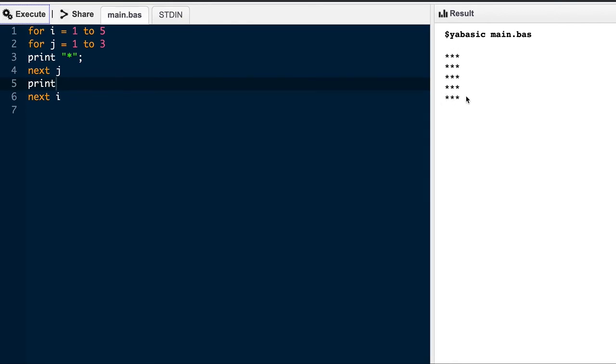But I don't want it to run 1 to 3. I want it to run 1 to 1 for the first one, 1 to 2 for the next one, 1 to 3 for the next one, 1 to 4 for the next one. So this is a variable, right? I identified that here is a variable, so I have to put 1 to i. Then only it is going to run, and that's it, job done.